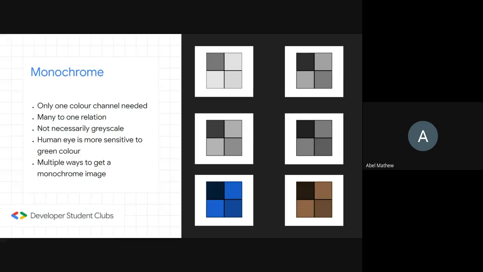We can see the top 4 images, all are grayscale, but still all look different. So the formula or the way you transform an image from color to grayscale is all up to you. And a lot of image transformation and image processing happens in grayscale, because if you want to detect a face, if you want to detect an edge, all those are possible in a grayscale image itself. And since grayscale images have just one channel instead of 3 or 4, it reduces the computation time.